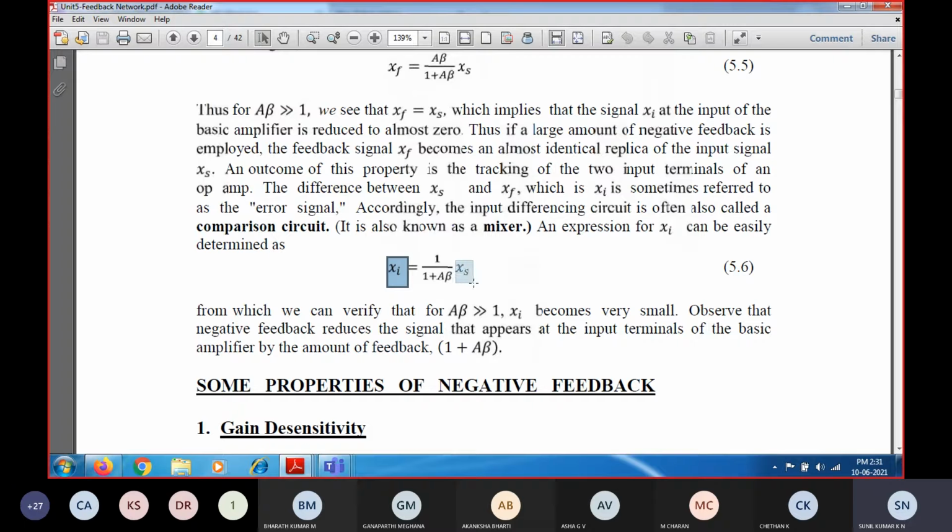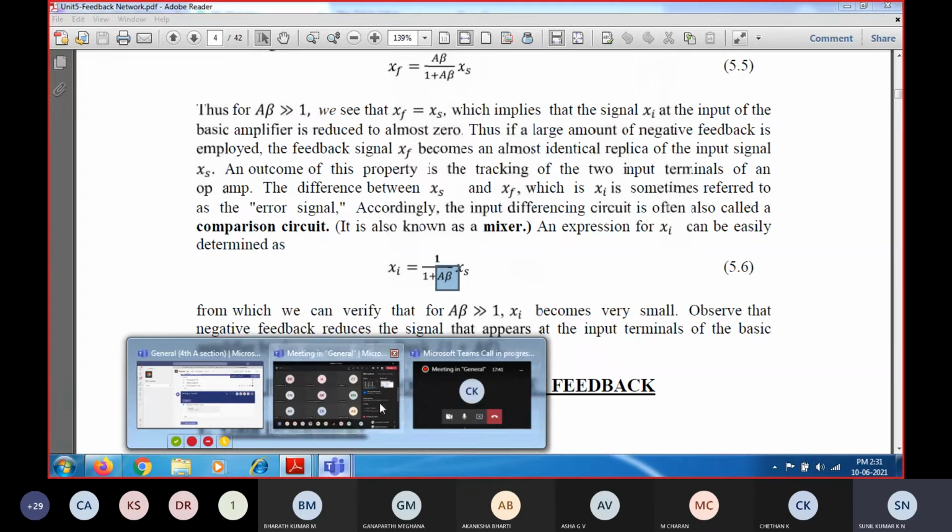From that we obtained the relation between Xi and XS: Xi will be equal to XS into 1 over A into beta, and we know that A into beta is very much greater than 1, so if you see 1 over A into beta, obviously the gain